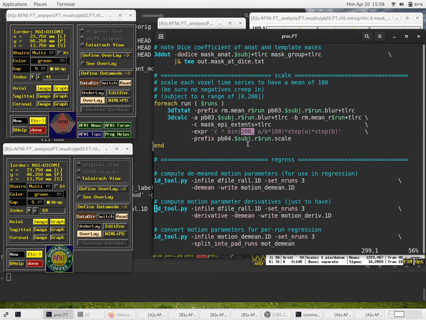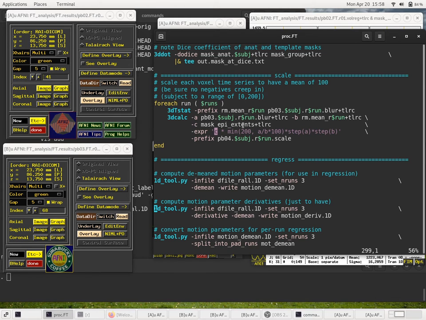There's no reason to have, these get converted to a percentage of the mean, or you could call it a percent signal change if we subtract the mean. And if we're talking about percent signal change, there's no reason to get too large. So then we could clip it on both the positive and negative ends. But anyway, this is reasonable. We basically have a range from 0 to 100 in here. And then we